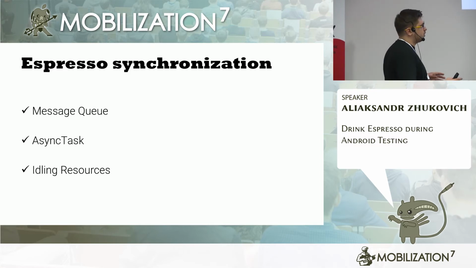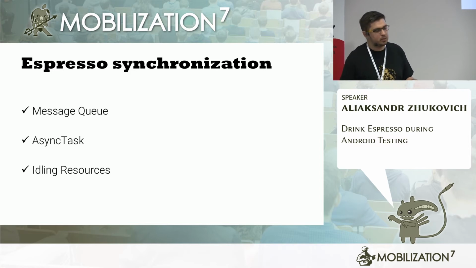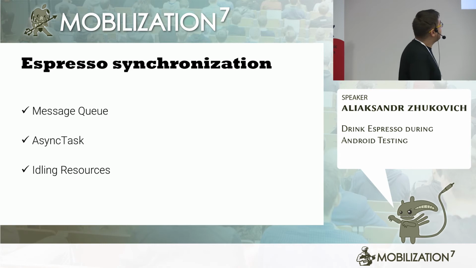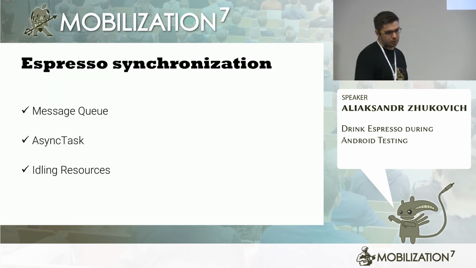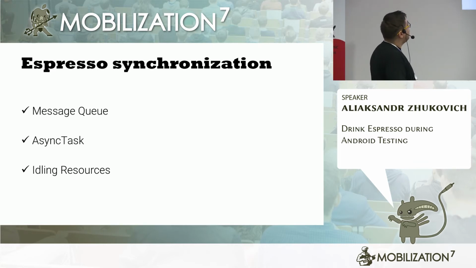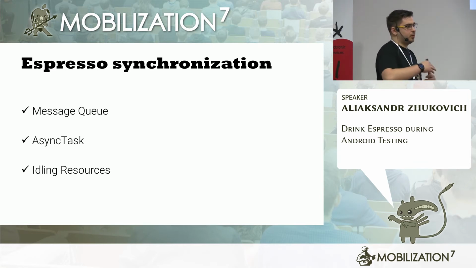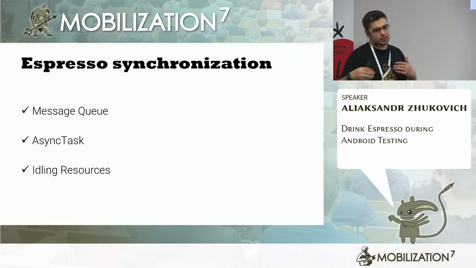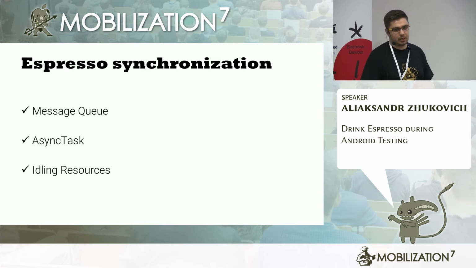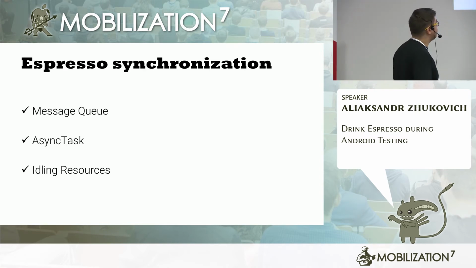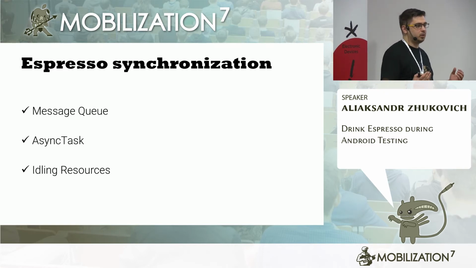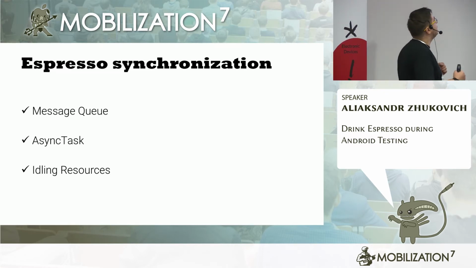By default, if I remember correctly, it's something like 50 milliseconds, but we can customize it. The next thing is that Espresso waits for no active async tasks and no active idling resources. It means that if you update something on the screen, the message queue will have some object, and Espresso will just wait on it. But sometimes it's not enough because